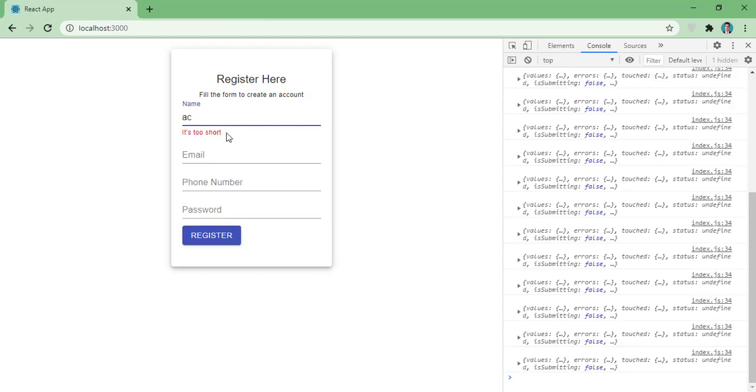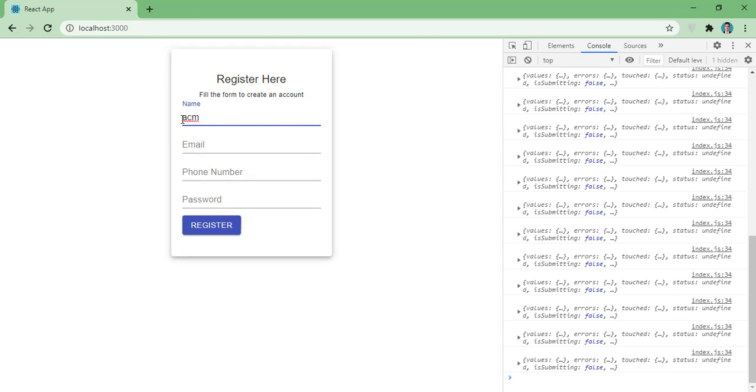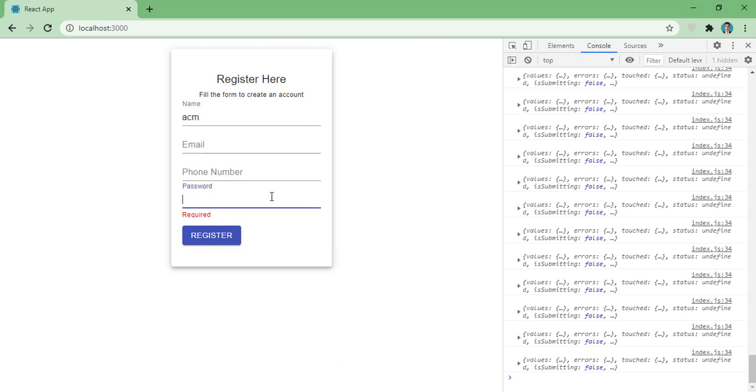It's showing me it's too short. If I give an M, now it's 3 letters and the error has gone. Let me show you for the password. Now let me type something. I typed and you can see I am getting minimum character should be 8. Now let me type more. Here this is 7 and now 8 and the error has gone.